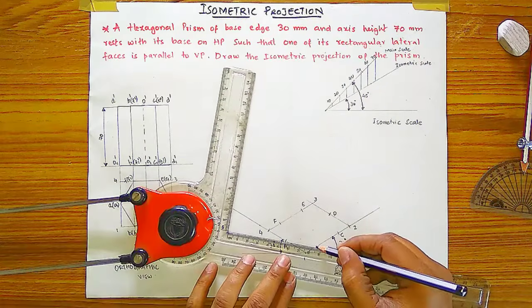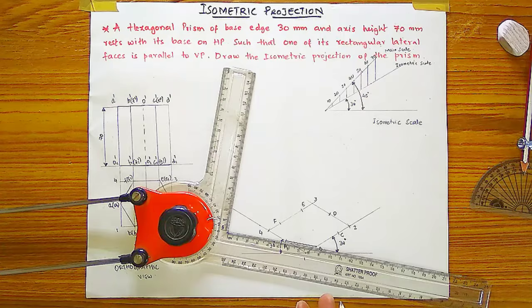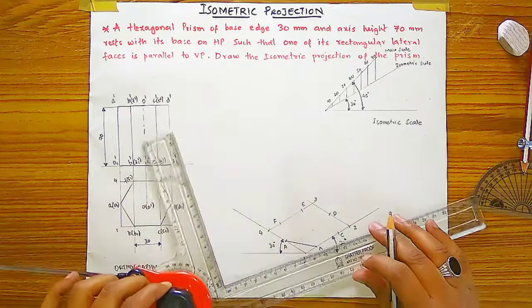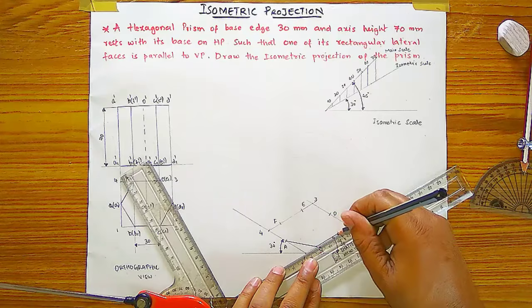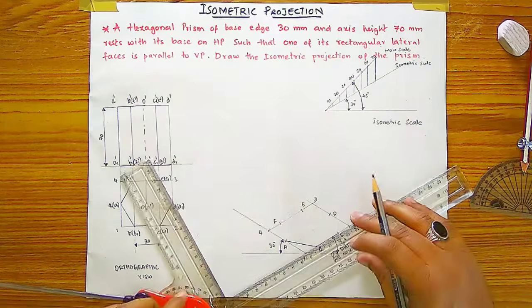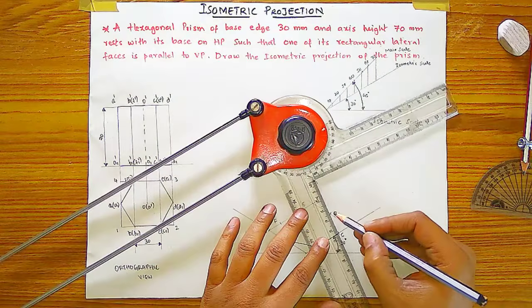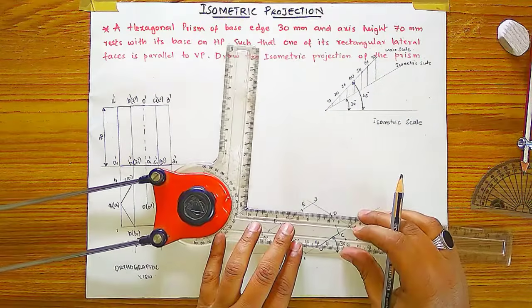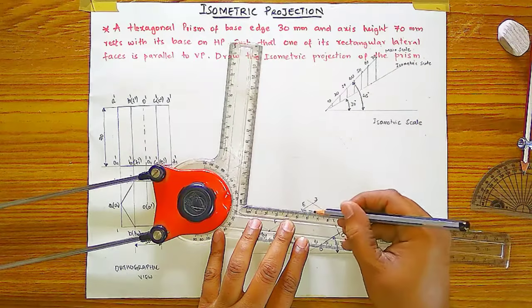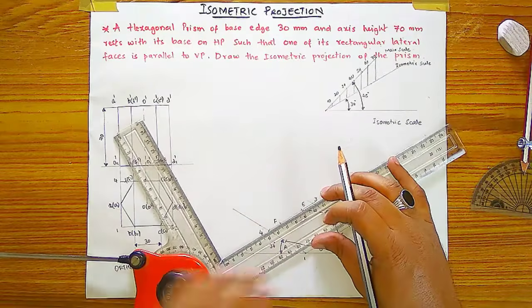Then after, you have to draw these lines from the hexagon. A to B is visible from the front, means we are the observers. See, if we see this A to B, it is visible, and B to C is also visible. You have to do it as dark. C to D is somewhat backwards, means the C to D line is backside, so it is invisible. For invisibility, the line should be dot dot like this. From D to E is also not visible, it is backside, so we have to do it dot dot. Then E to F is on the boundary, means this is the boundary line, you have to do it as dark.